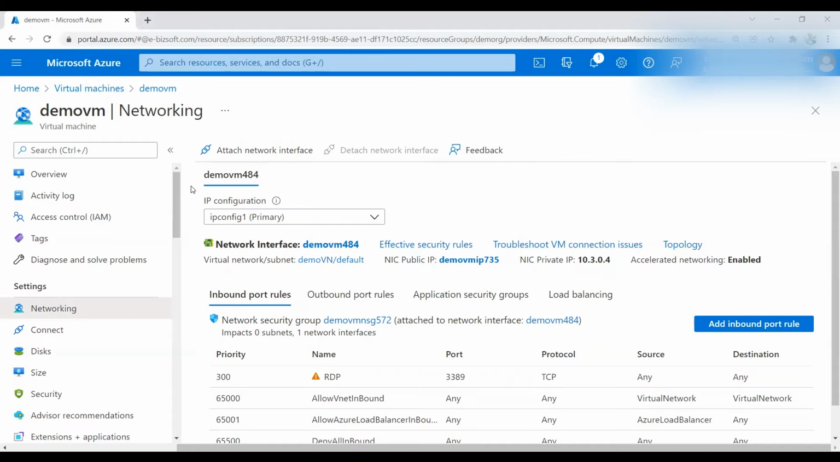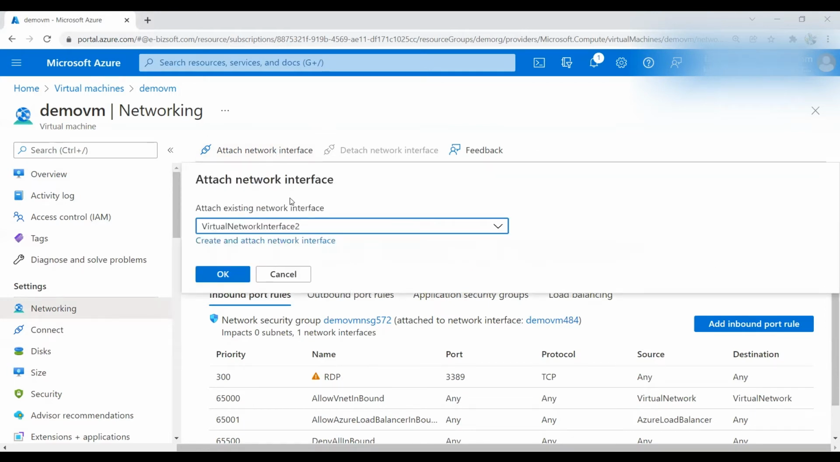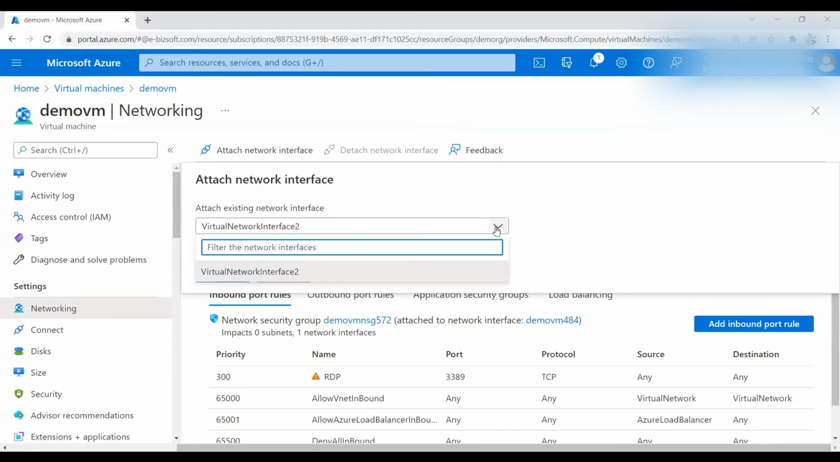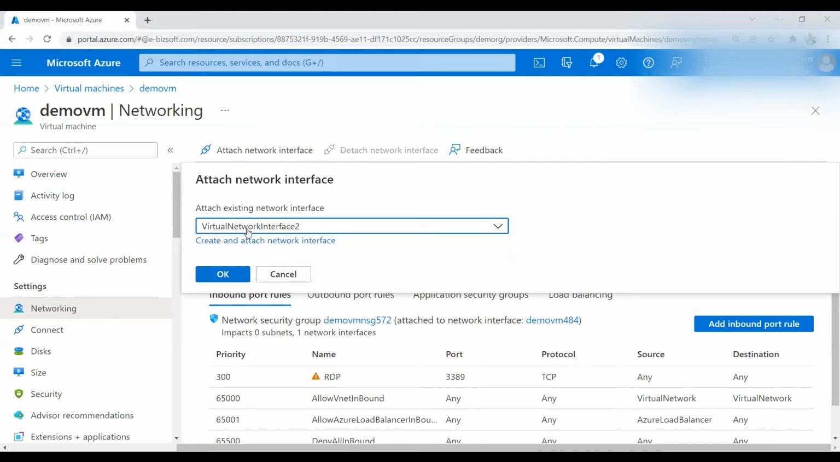The second thing is that if we want to improve the performance and integrate multiple Ethernet adapters, this option is also available here. Here you can see we have the attach network interface option. Click on it. You can create and attach a network interface, or select from any existing virtual network interfaces. I just select virtual network interface 2 and click on it,